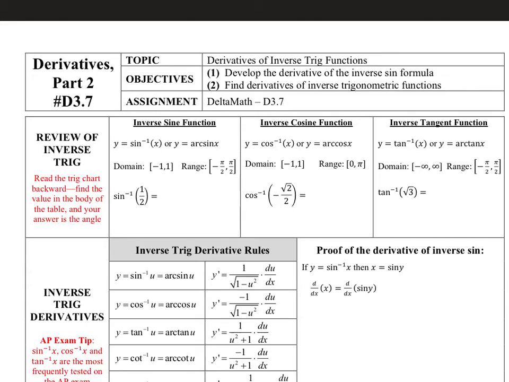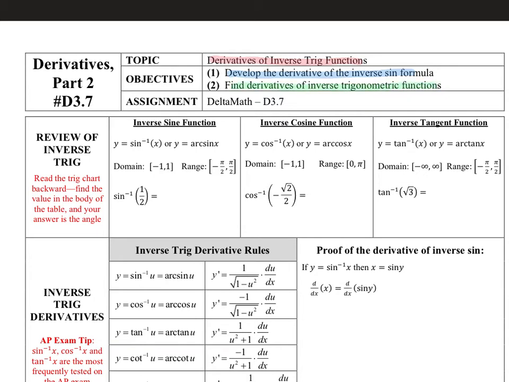Our last section in this unit is on derivatives of inverse trig functions, and ultimately what this is going to come down to is just the application of some formulas. And they're pretty nasty, most of them, but just so that you see that there's a mathematical basis in them and they're not designed just to make your life miserable, we're going to develop one of them. We're going to develop the inverse sine formula, and then we're just going to use the formulas to find derivatives